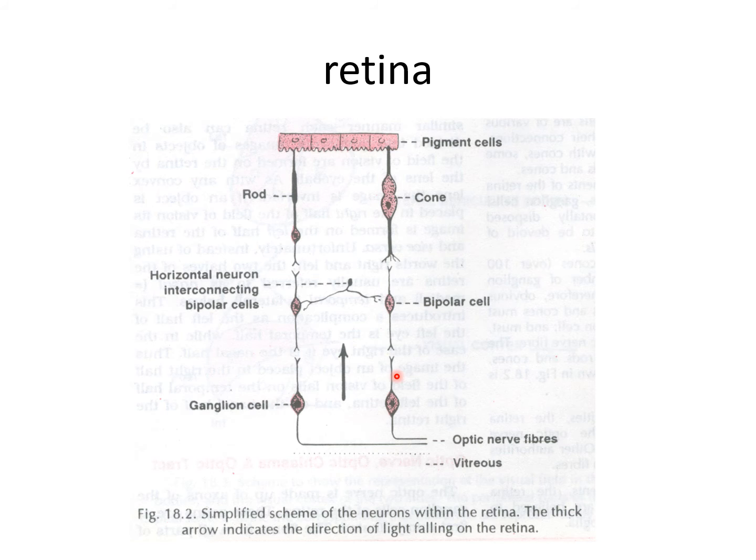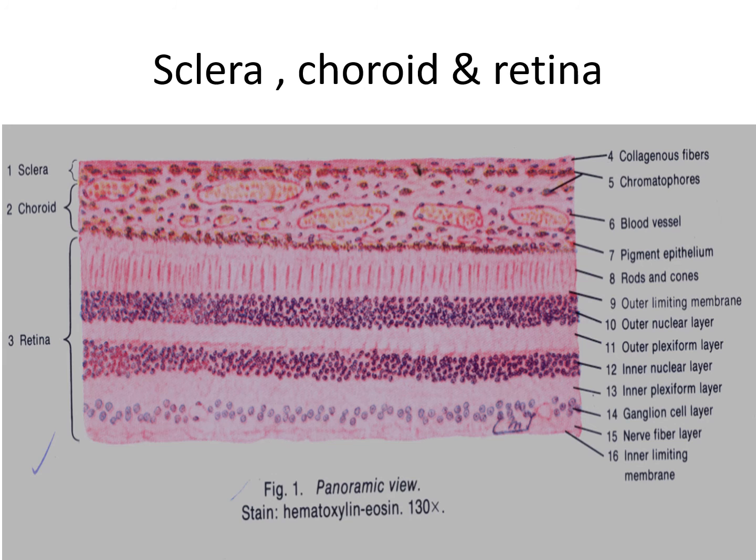The last one is the Muller cells. Here you cannot see the Muller cells. Sclera, choroid, retina. In the retina here you can see the nine layers of the retina. So Muller cells appear between the bipolar, horizontal and amacrine neurons. The internal nuclear layer also contains the nuclei of the retinal gliocytes, the cells of Muller. These cells give off numerous protoplasmic processes that extend through almost the whole thickness of the retina. So these are the layers of the retina.